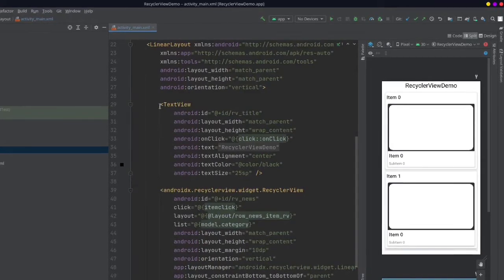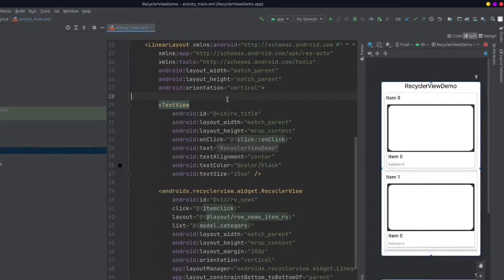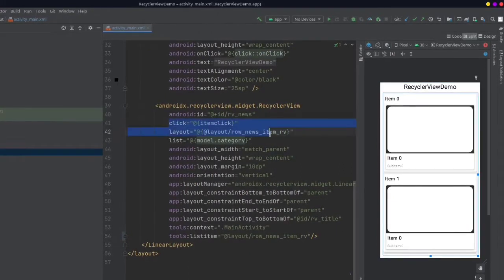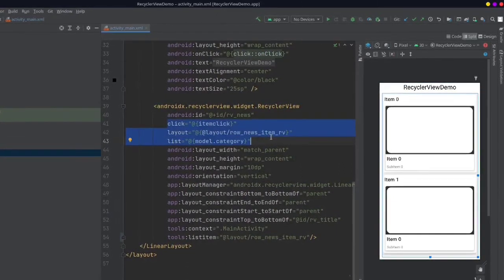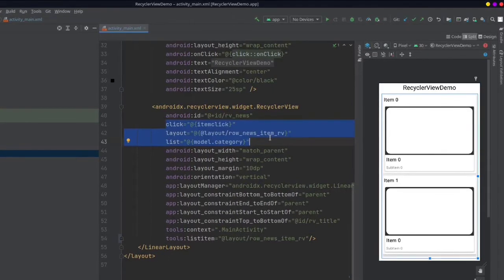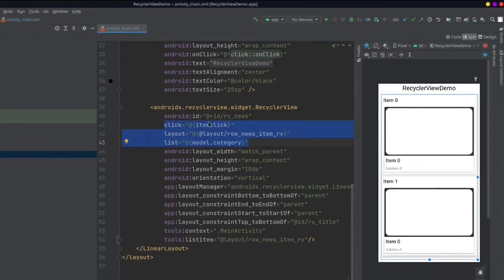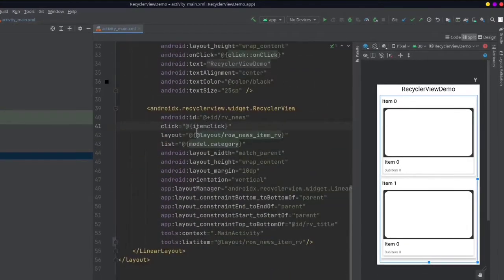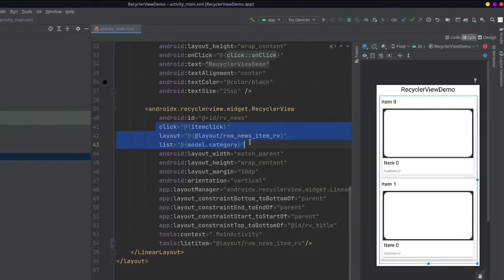So I have a pretty simple design here. I have a text view and a recycler view, and as you can see here, we are using a binding adapter to actually initialize our recycler view, and the variables which we have defined above are passed on to our binding adapter.